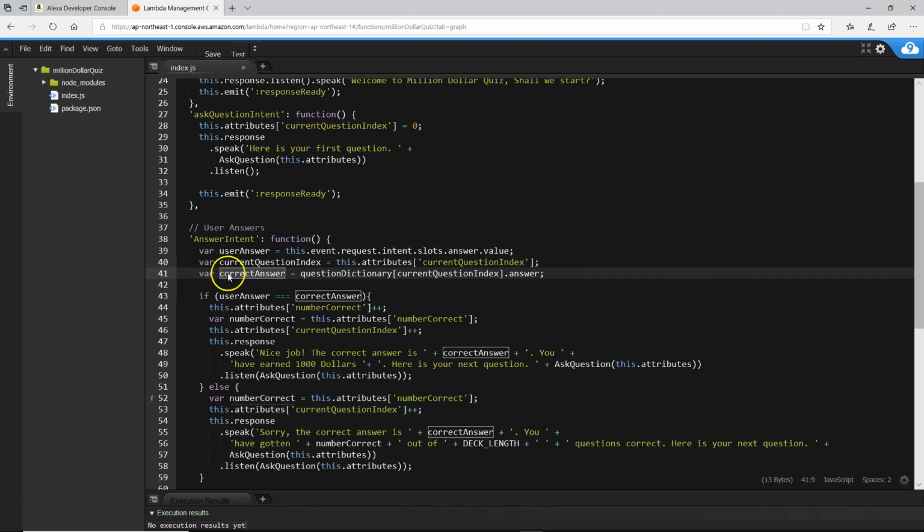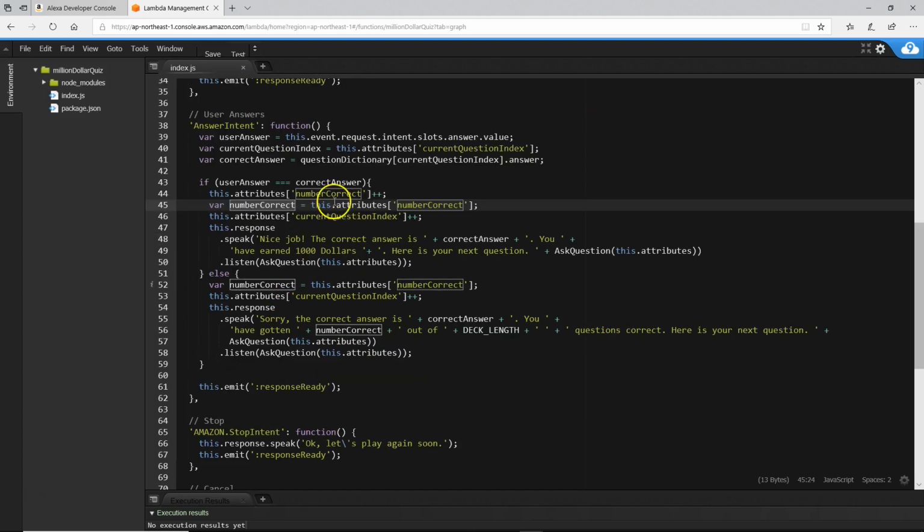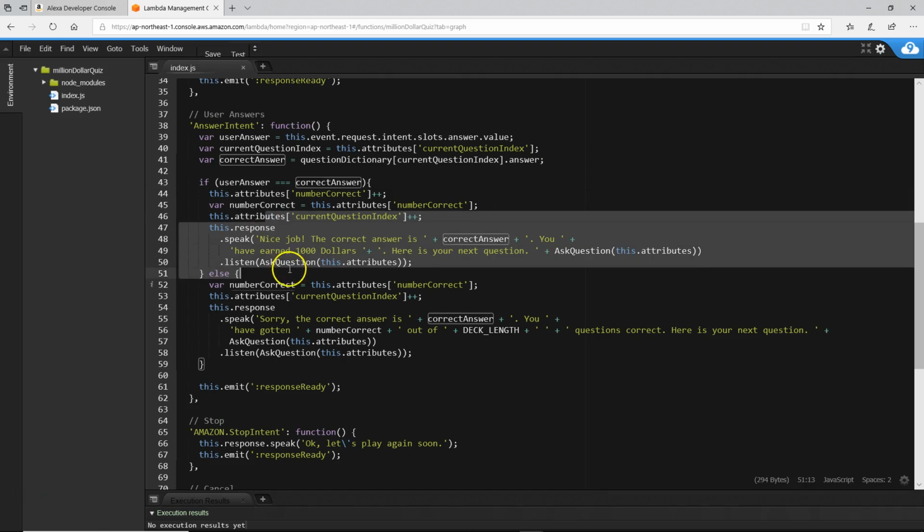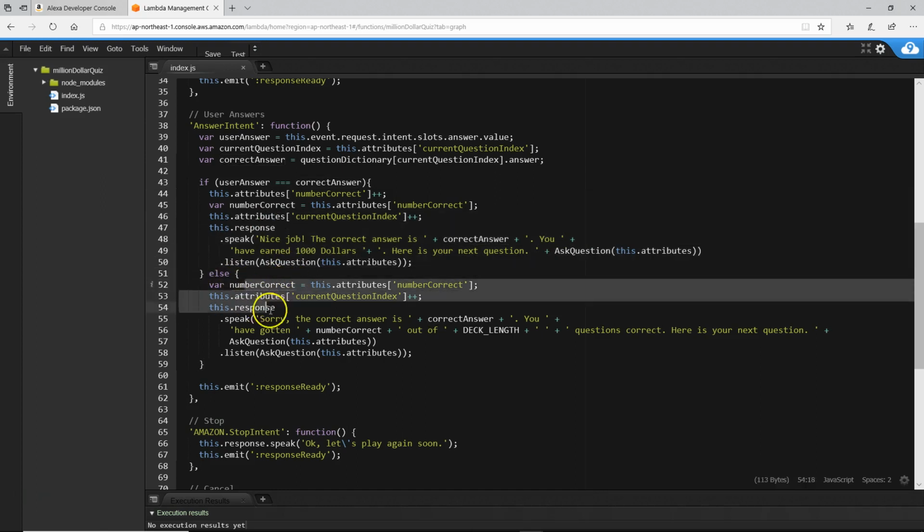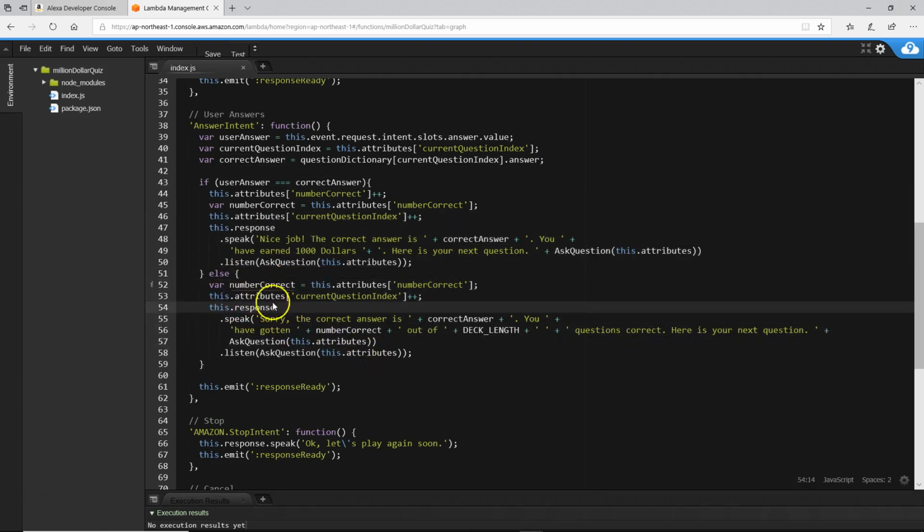So in the third line we are getting the correct answer, based on this index: the array.currentIndex.answer. Then we are checking whether the user answer is the correct answer, then do this. If it is not, then do this, and we are preparing a response,